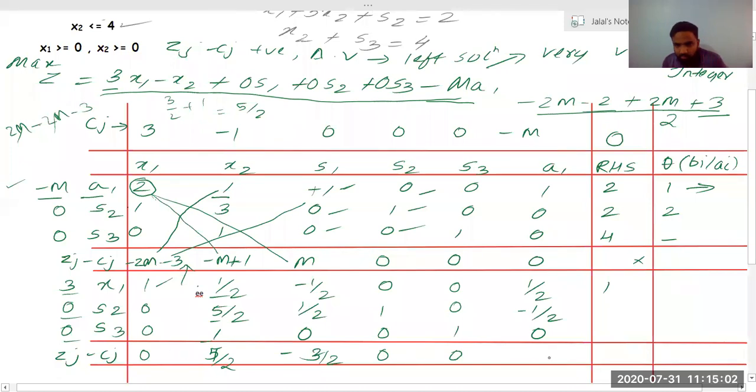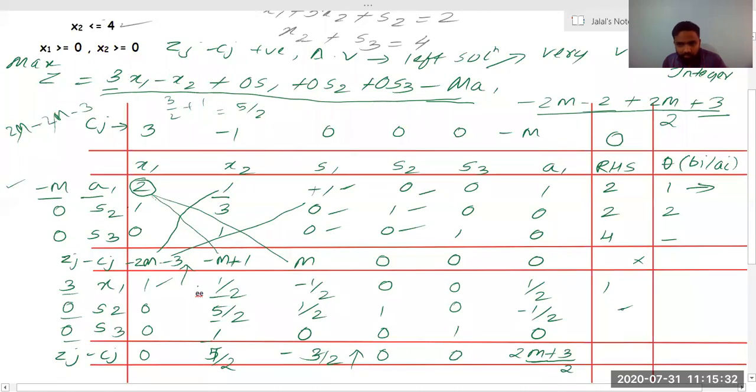This is minus 3 by 2. This we need to find. So to find this, 2 into 0 will be 0. Minus of minus will become plus. So we will get 2m plus 3 divided by 2. Okay, so we have found all the values. Since this is coming out to be negative, this is the most negative. This is again positive. M might be a very large integer, but since this is positive, this will be considered as positive only. Okay, so we have got something which is negative. So we need to go for the next iteration also.